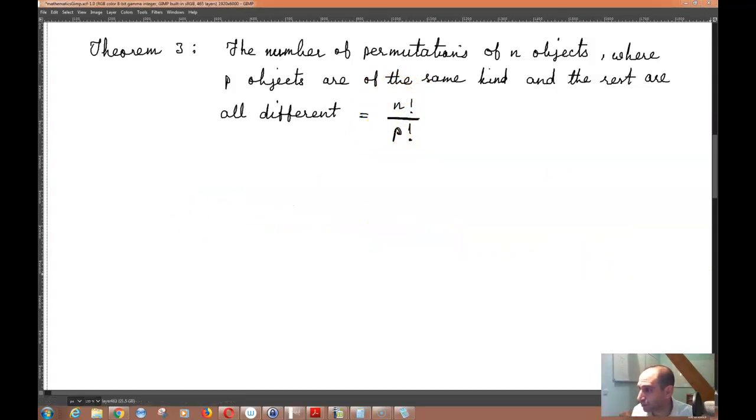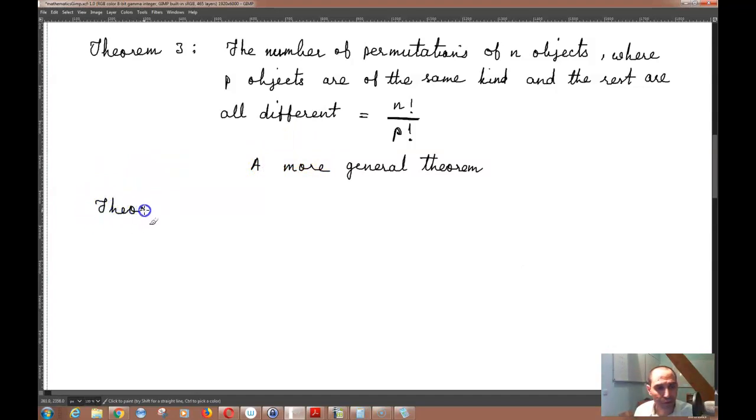And it seems that we have a more general theorem. These theorems of course don't come with proofs, so we don't prove them, but we can use them. So theorem number 4,